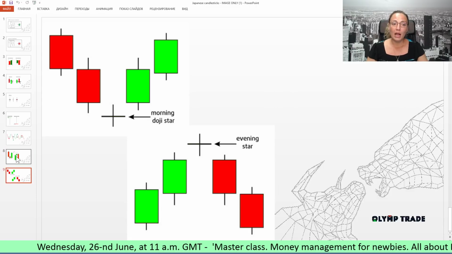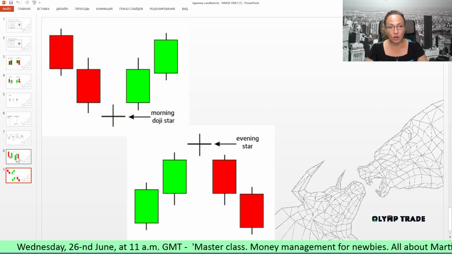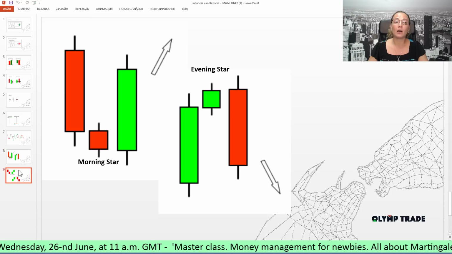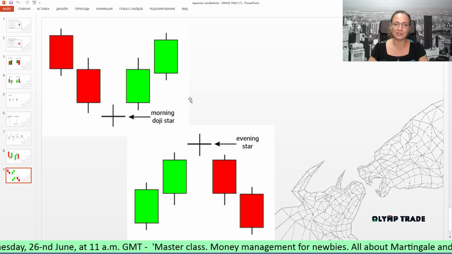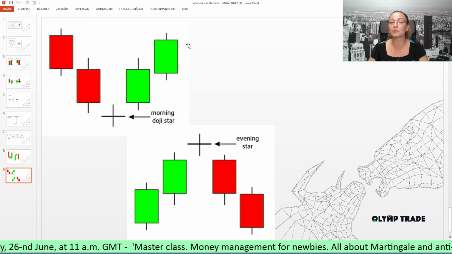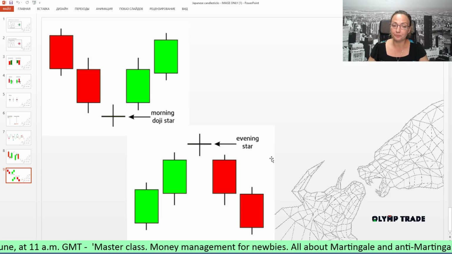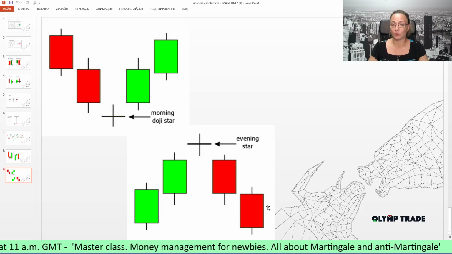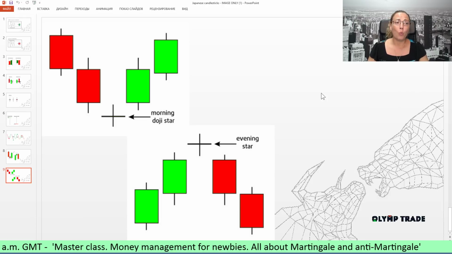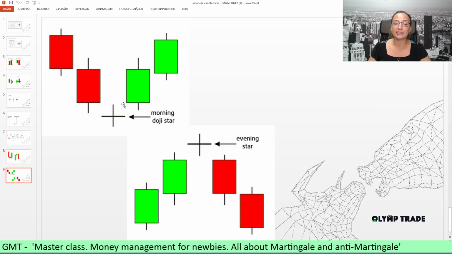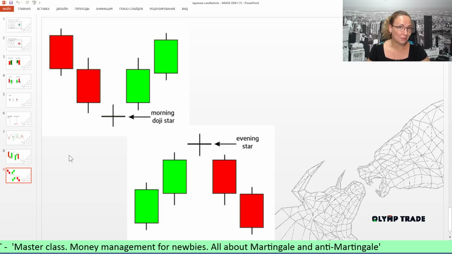And also the morning and evening star with the small body can be accompanied by a doji. So this is a morning doji star, a reversal to the upside, and this is an evening doji star, a reversal to the downside. One thing that I do apologize, I forgot to mention before we jump to our live